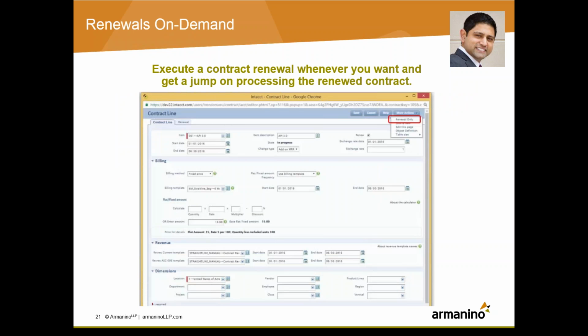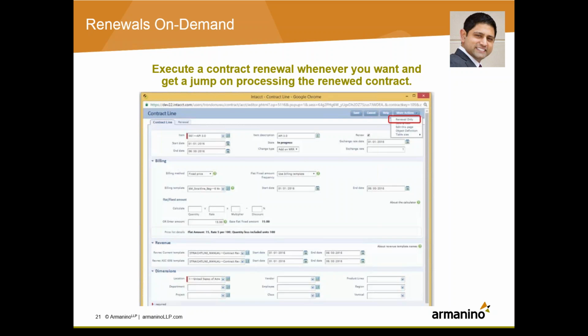Some updates with respect to renewals. So, typically how renewal works outside of just standard contracts, if I had an order that was placed and it went through the sales process, then I can go in and say, well, I need to put a reminder in to renew this particular contract maybe 10 days before the start of the new contract. Well, typically we would wait until that renewal period to go in and process that. However, what Intacct released is Renewal On-Demand. So you don't actually have to wait. You get a little bit of flexibility to go and do something outside of the system scheduler.